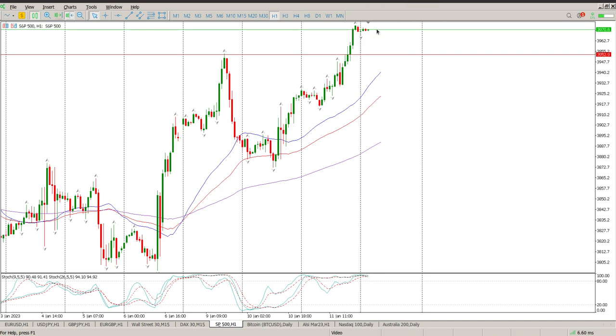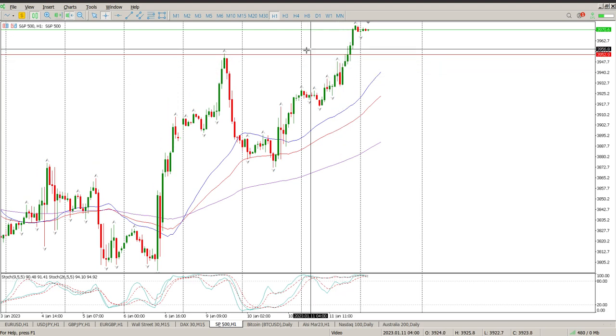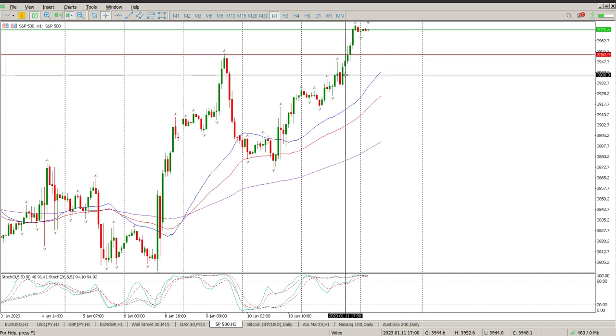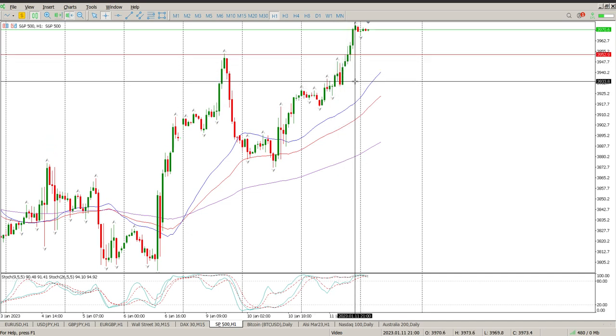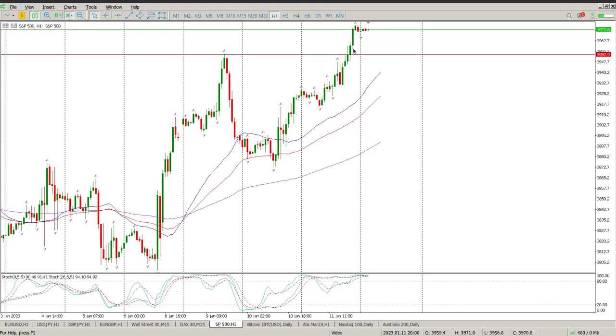So we're waiting for pullbacks onto structure. We're far from the moving averages as well, so it's not something that I really want to get involved in right now. I want to see a pullback. I want to see some kind of a structure here, and you can see what I'm talking about here. You get a pin bar, you get an engulfing bar. Pin bar's not off a level, but there would have been a lot of people that would have been trading at pin bar. Short there, stop up there, and look what happens once the stop gets triggered. Boom, boom, boom. Anyway,